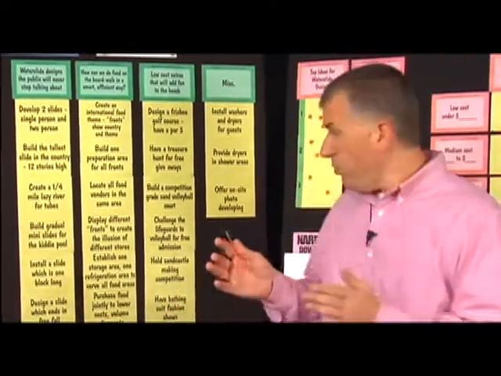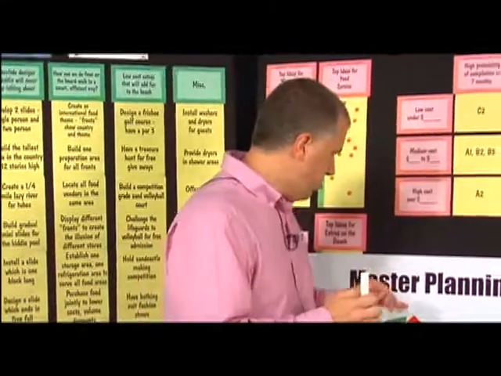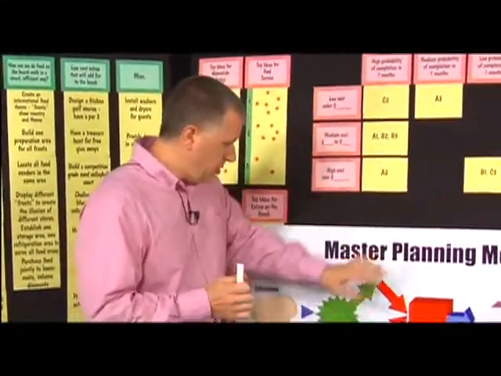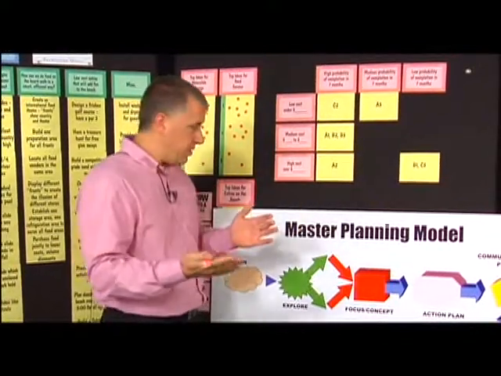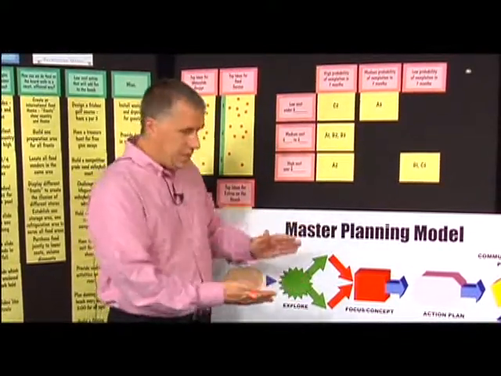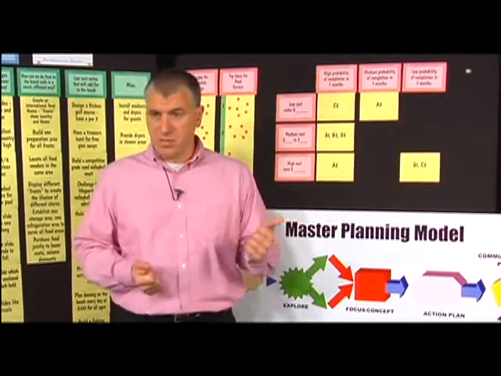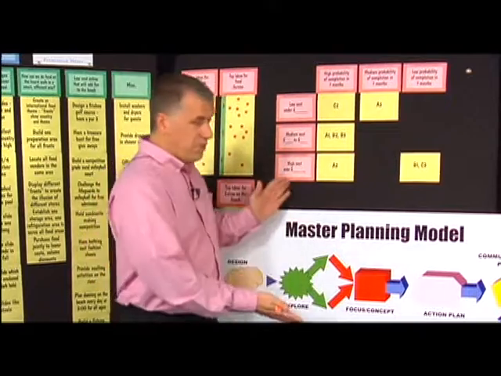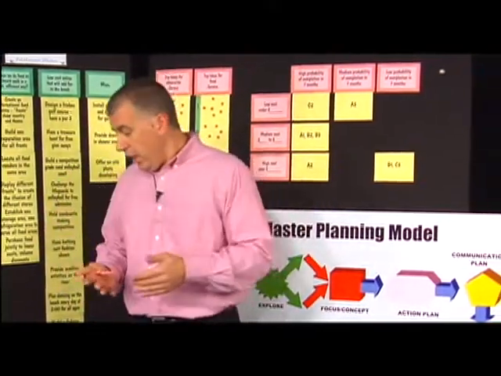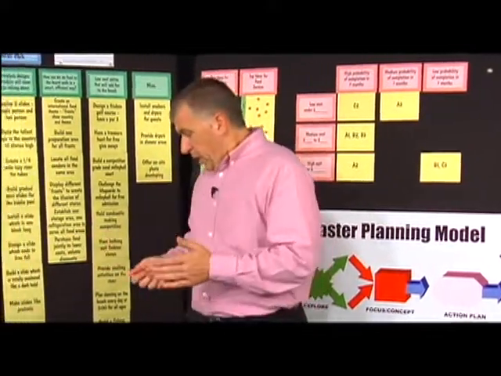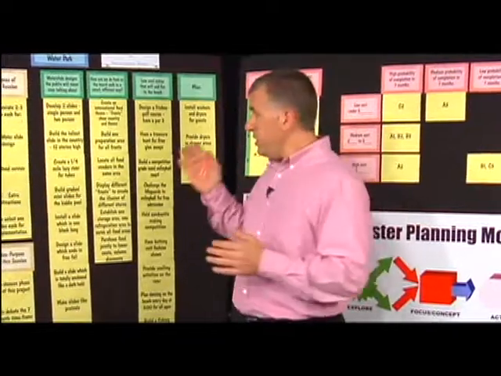So you want to determine if dotting is going to be helpful, and then you want to transition into a break. When you're transitioning out of explore, generate, those kinds of ideas, and down into making decisions, you want to give some kind of a time break. It could be stand up and stretch, a quick 90 seconds. It could be over lunch. You could do explore one week, come back the next week, and make the decisions. There are different ways to scope that, but over the break is when you want to set up